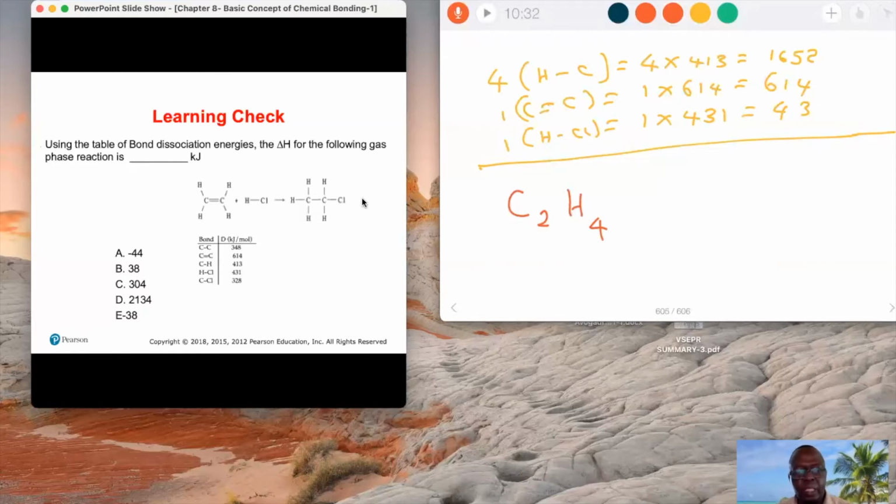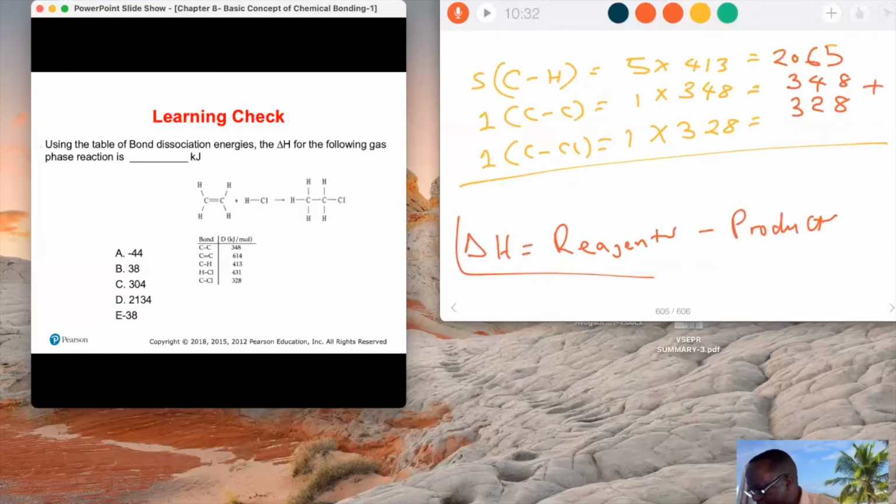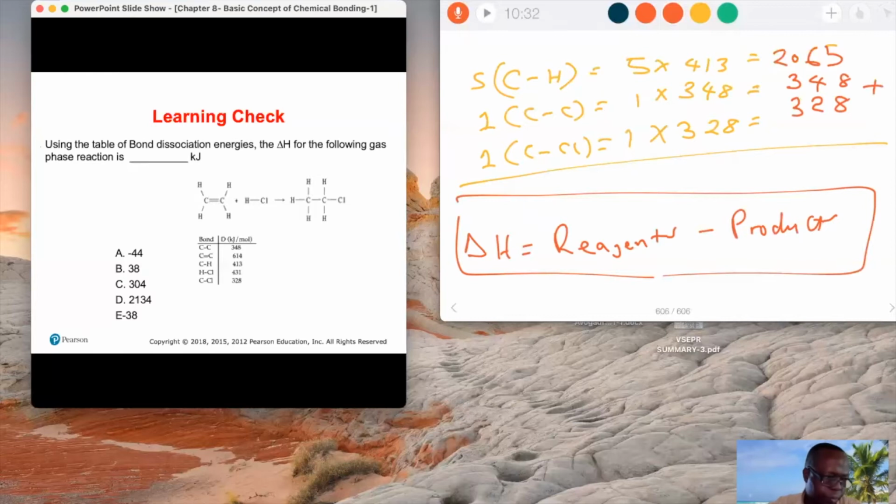If we add another product on this side, we will have to sum everything for the product, sum everything for the reagent, and then plug it into this equation right here. It is the change in bond dissociation energies for the reagents minus the product, and of course negative means exothermic. The other uses negative to mean it is given off. So the correct answer for this is